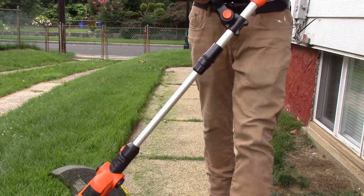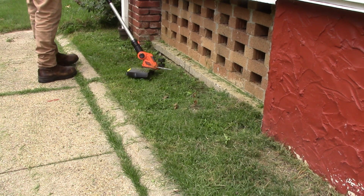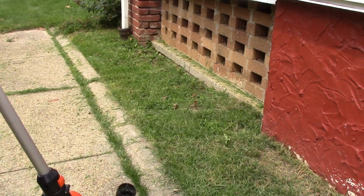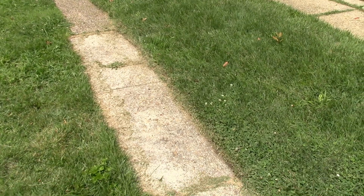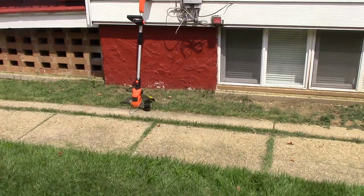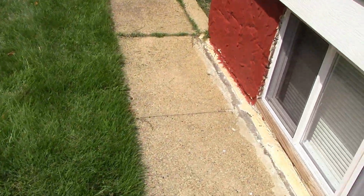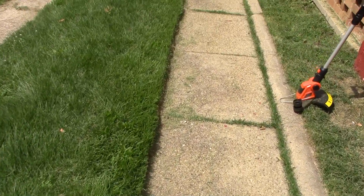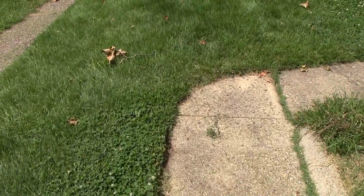Like that feature. It's pretty nice. Well, after about 20 minutes of use, I can feel the battery weakening. The machine has a little less power than it did, so it probably is time for a battery charge. And it did a super job right here along the edge of the sidewalk. Very happy with that. But I guess if I want to continue, I'm going to have to put it back